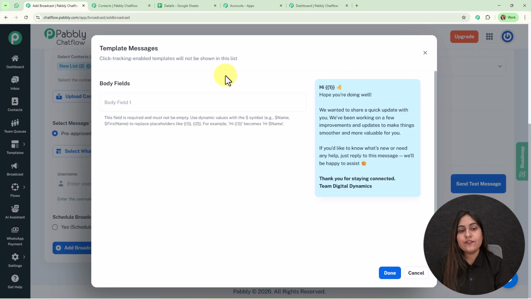So here I've used a variable in the place of the name because I want whenever my customer is going to receive this message, then automatically the one variable value should be replaced with my customer's name so that my customer received a personalized WhatsApp message. So now here, to make this field permanently dynamic, what we are going to do is that we are going